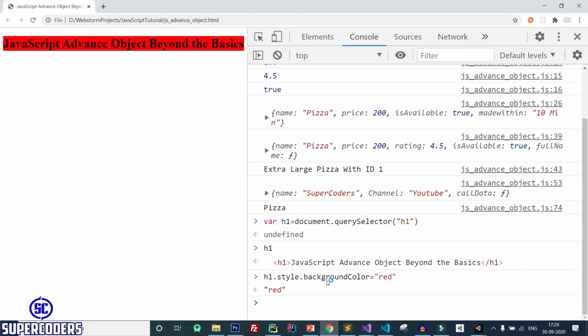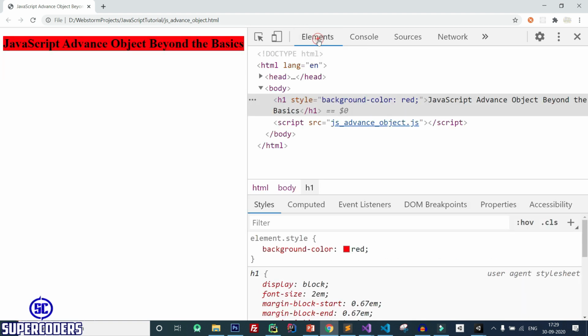Means here in CSS, it's written as background color. So how can you set these types of values, like in CSS? In JavaScript you don't know about the object property of CSS. So you can also use this key name by using double quotes or square bracket. Simply copy this.